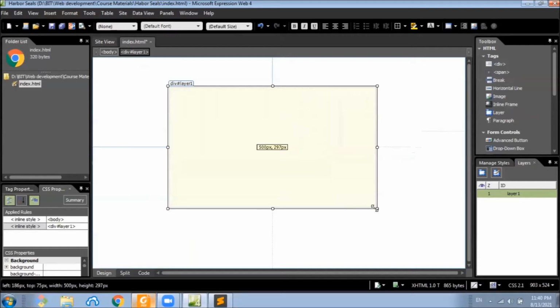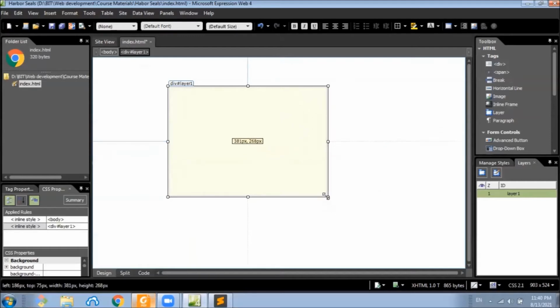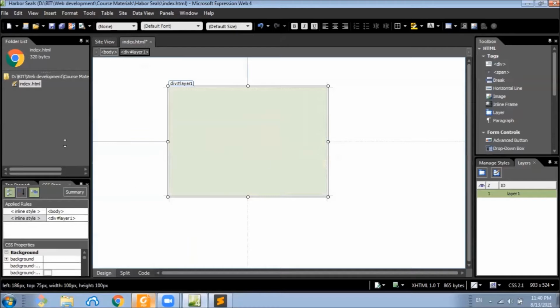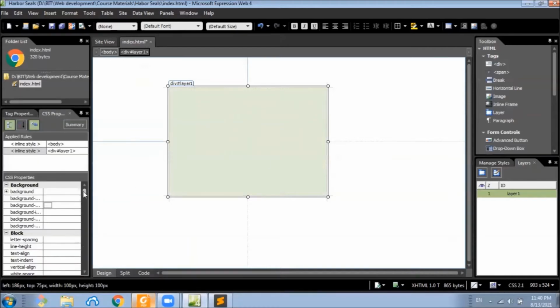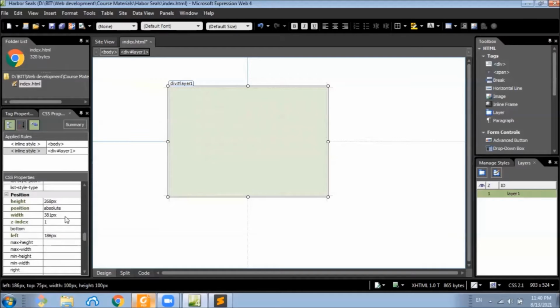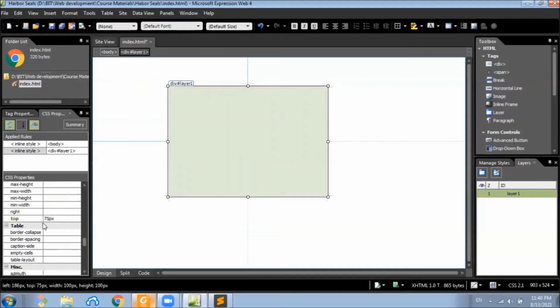You can see the width and the height of the layer in the middle. And also here in the CSS properties we can set the height and the width. Also we can set the left position here and the top position here.